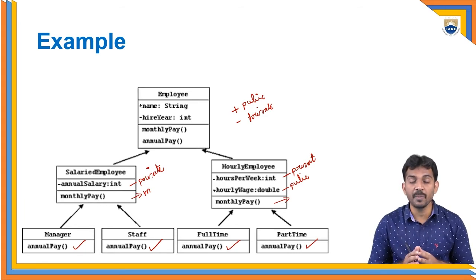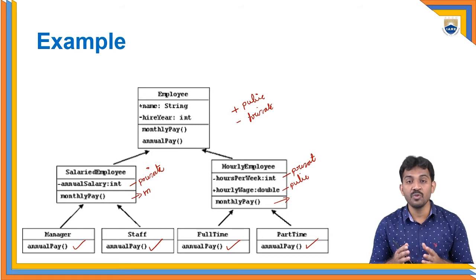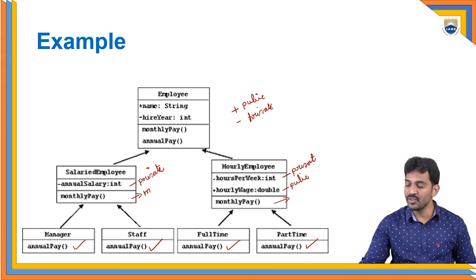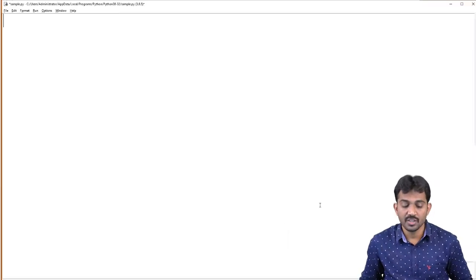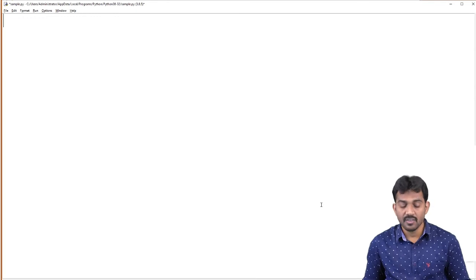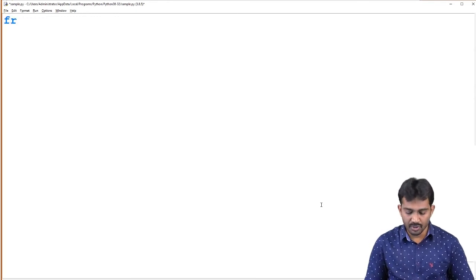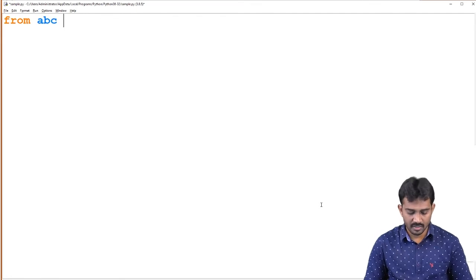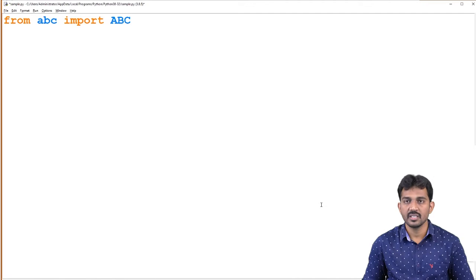Today, we are going to implement this class diagram as a program by using all the features like encapsulation, polymorphism, inheritance, and abstraction. So, all the features are applied here. First, what is the base class? Before going to that, first we need to implement the abstraction. From abc, import ABC, and the class name is Employee.